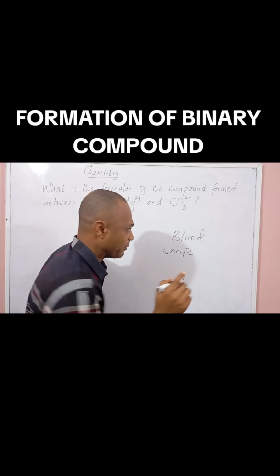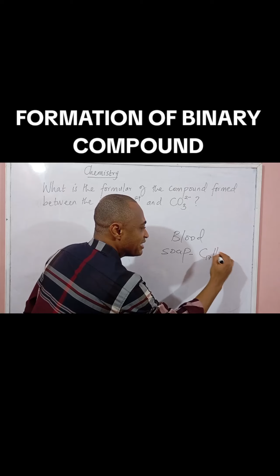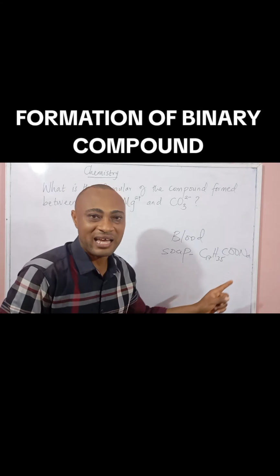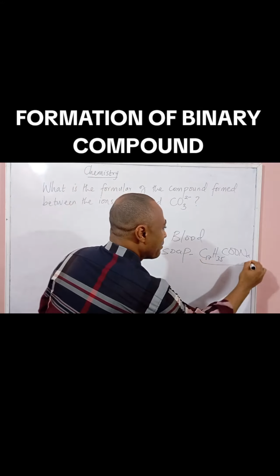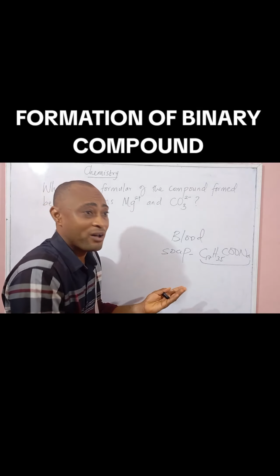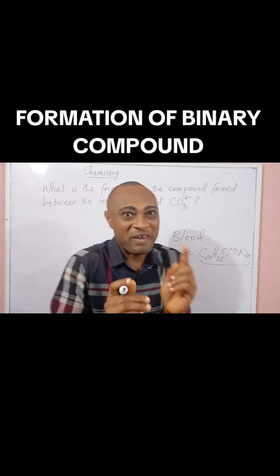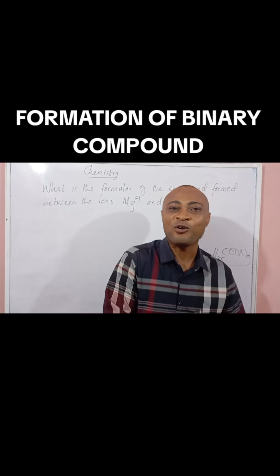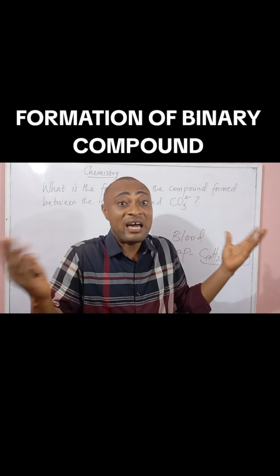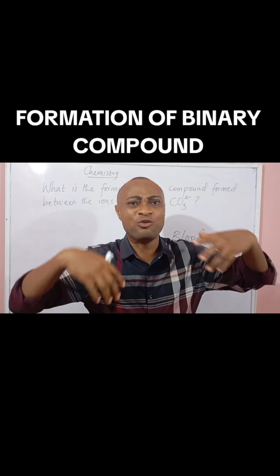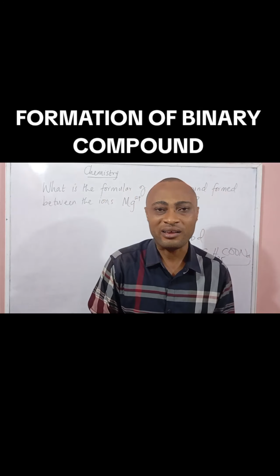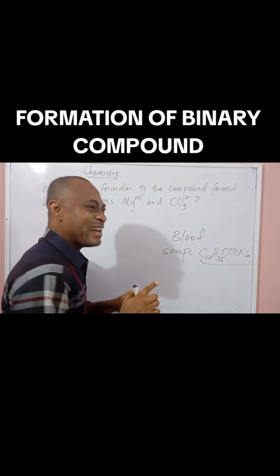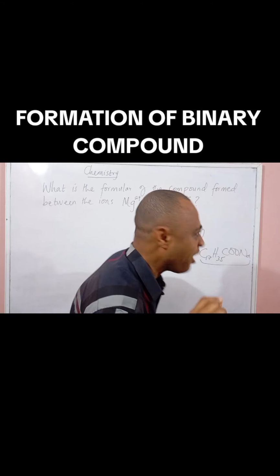I hope you'll not run away from me. C17H35COONa, sodium octadecanoate. So it has a formula, meaning that soap is a compound and not a mixture. So I've given you one major difference between them. A compound can be represented using a chemical formula, while a mixture, they are just physical constituents. They do not have any chemical formula to represent them. So remember that. That's a little secret. Hold it on.